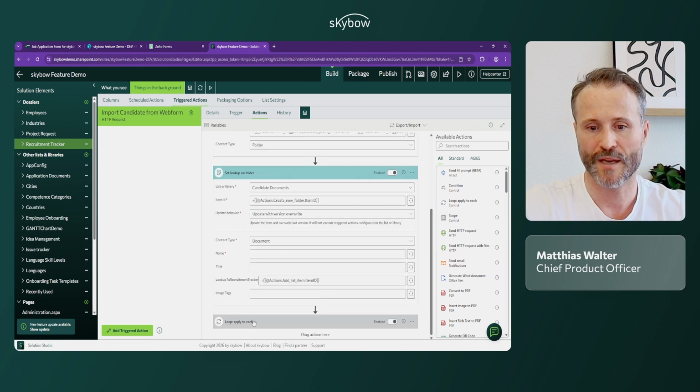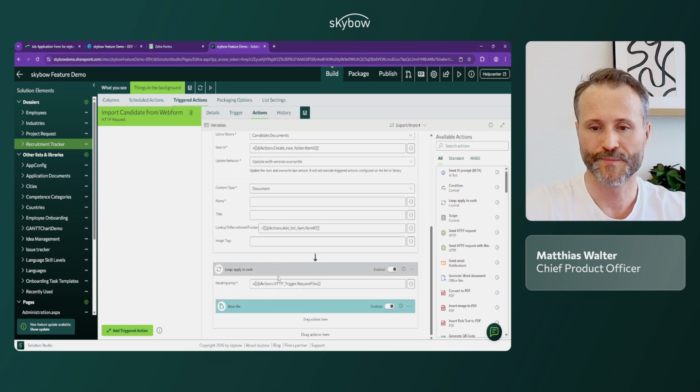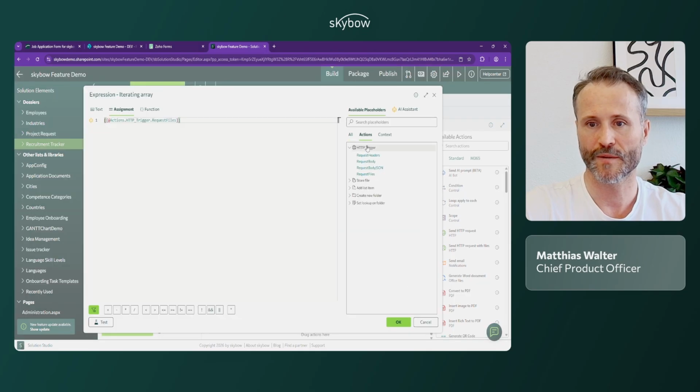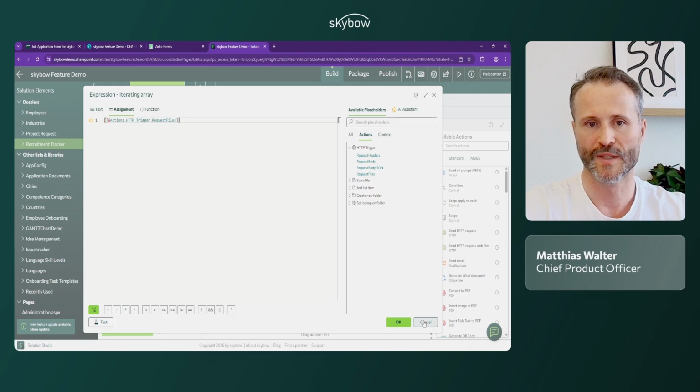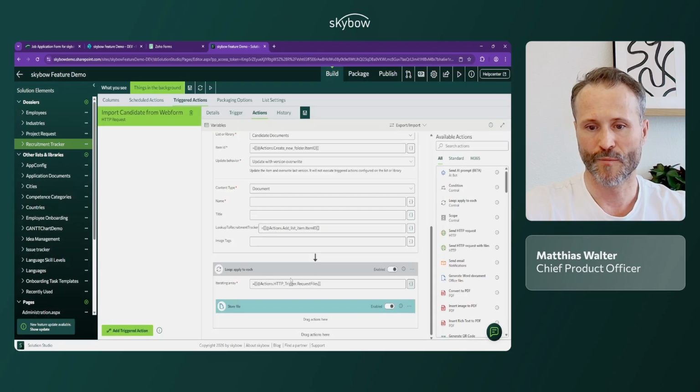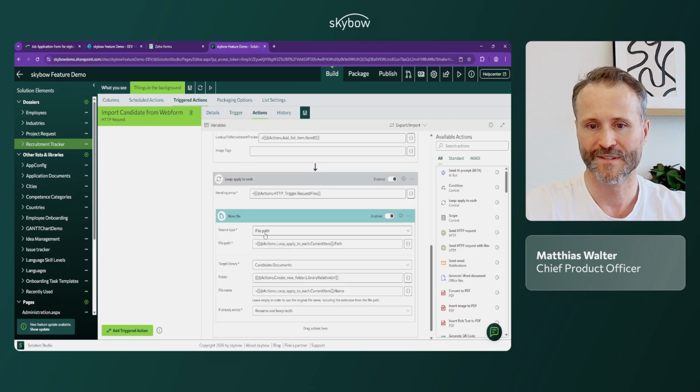And last but not least, I have a loop. And in my loop, I can simply loop over my request files array, which is the output property of the trigger. So on my trigger here, I have request files. That's an array of files or URLs to files. And when I loop over those files, I use the store file action again. And then inside,